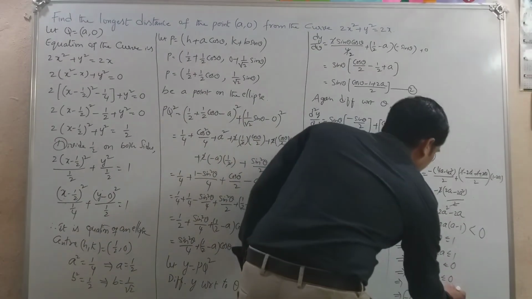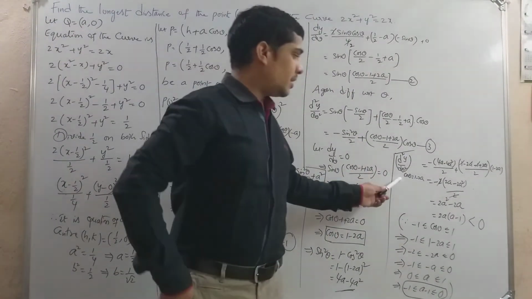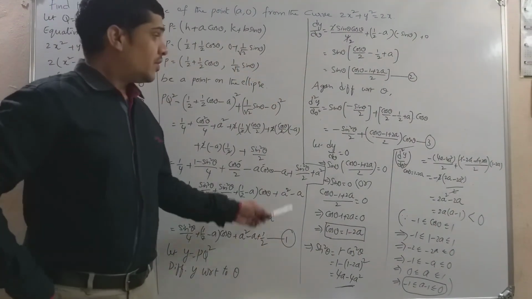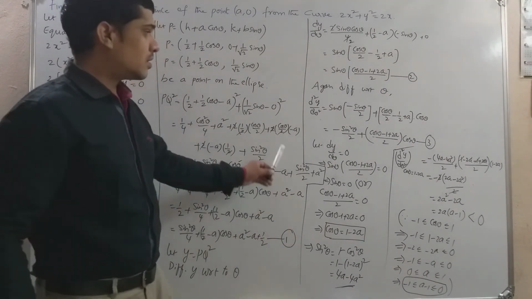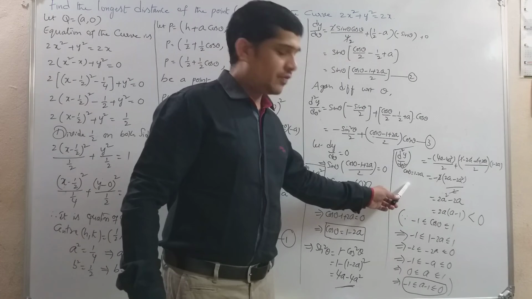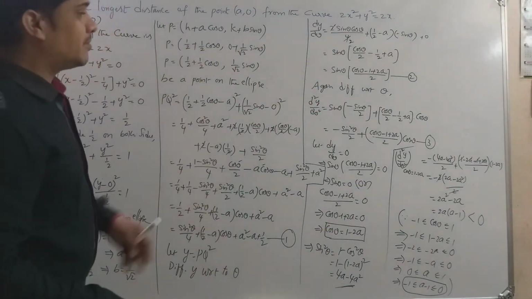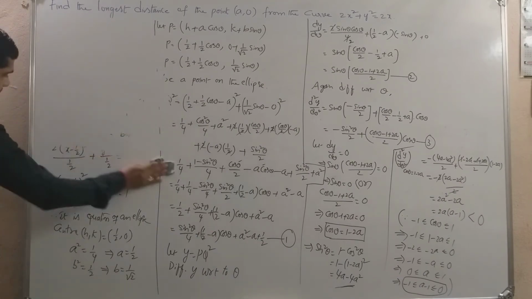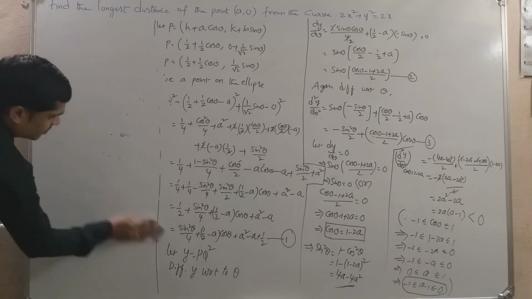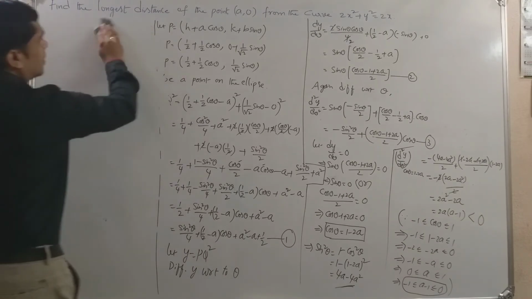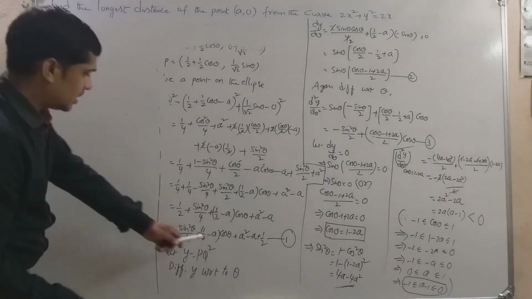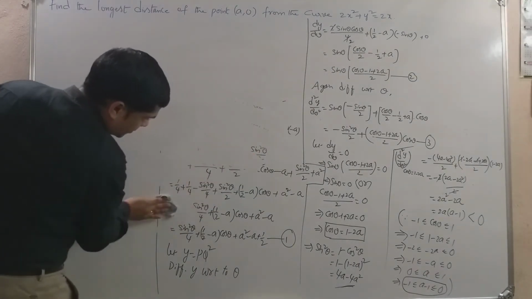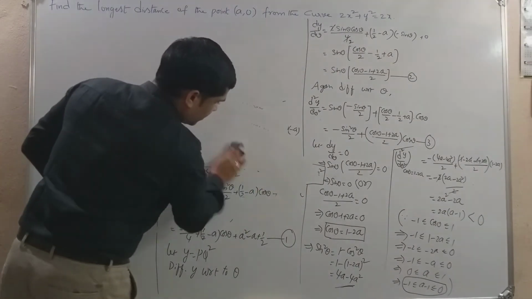So finally we got d square y by d theta square is less than 0 at cos theta equal to 1 minus 2a. Means the distance is maximum at cos theta equal to 1 minus 2a. We found that. But we want to find what the maximum distance value is. So let me find it here. What is the maximum distance of PQ? For that, the cos theta value should be taken as 1 minus 2a in the distance. Now I have equation 1 here.